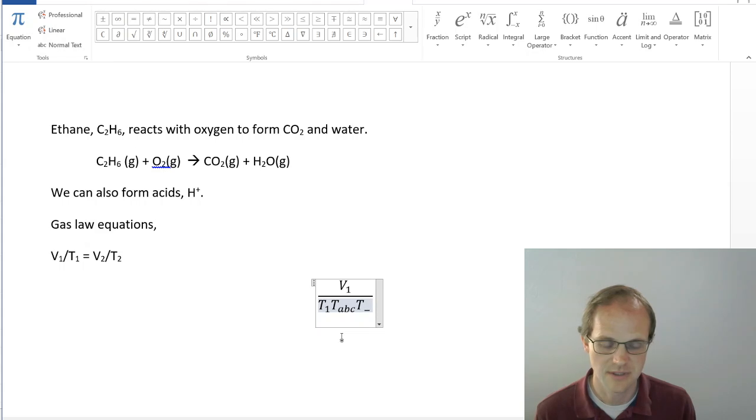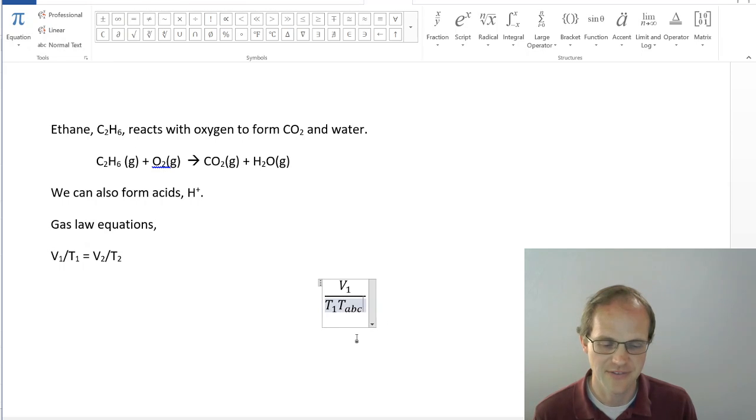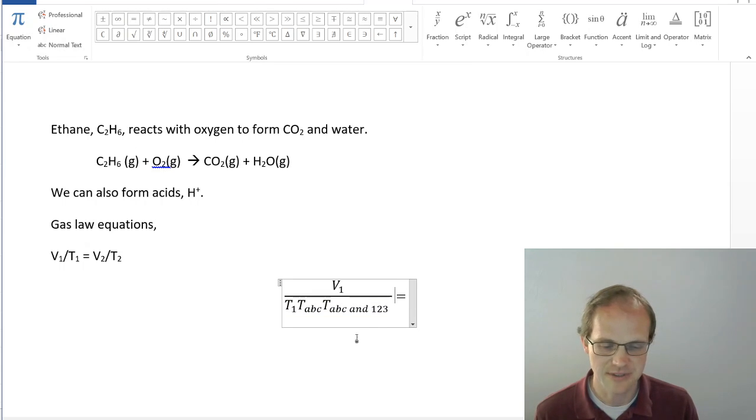It didn't just work. T underscore ABC and 1, 2, 3. There we go. I had to press space twice that time. I'm not entirely sure why. Oh, that's right, I know why. My brain is fuzzy. T underscore parentheses ABC and 1, 2, 3. There we go. Parentheses, not brackets. My apologies. All right, so now I'm going to say equals. Oh, wait, let's get rid of all those other things because we know it's actually just over t1.